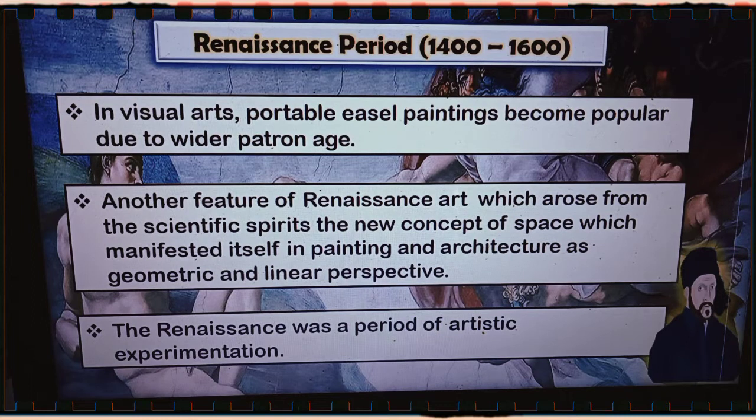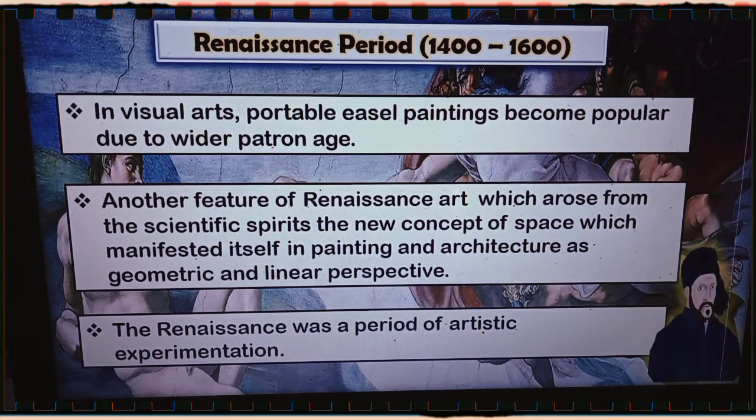In visual art, portable easel paintings became popular due to wider patronage. Another feature of Renaissance art which arose from the scientific spirit was the new concept of space, which manifested itself in painting and architecture as geometric and linear perspective. The Renaissance was a period of artistic